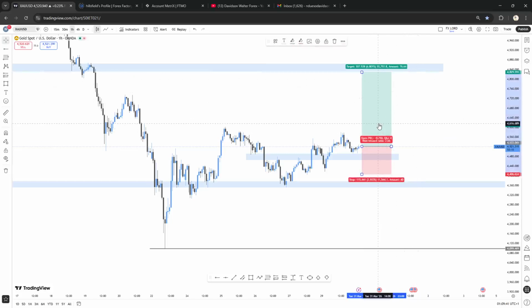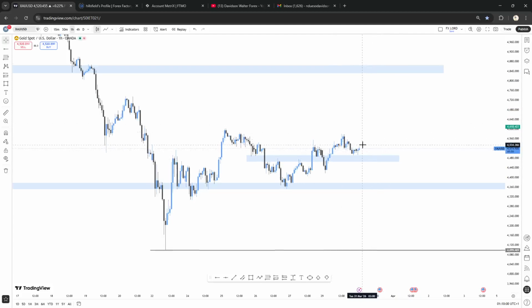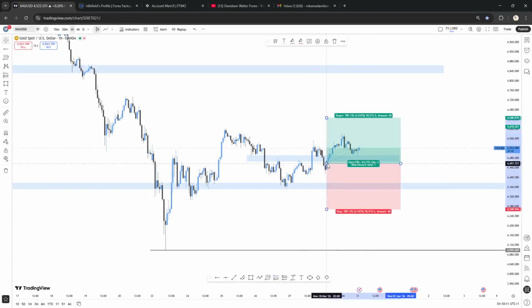I'm not a signal provider. I don't provide signals, but I do my best to share my trades with you guys. So if you're in the community, you know what I'm talking about. This is just what I'm looking out for. Like I said, I'm already in this trade, so there's no need for me to get into the trade again. I'm already running in profit, although my position is around this area.